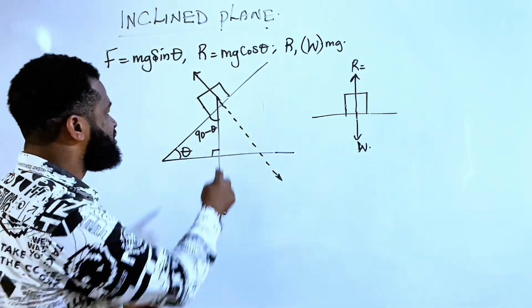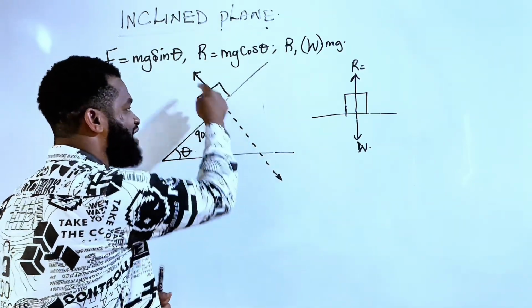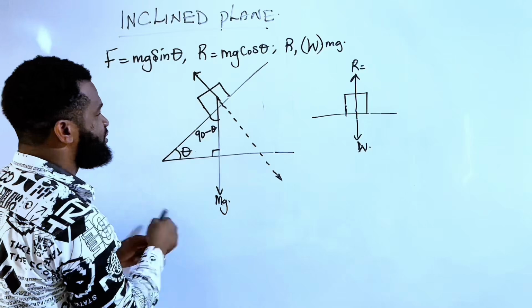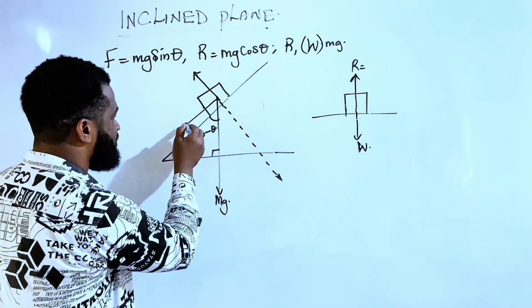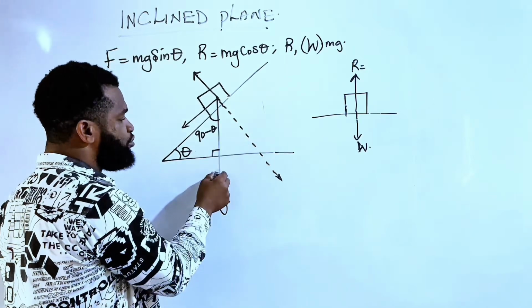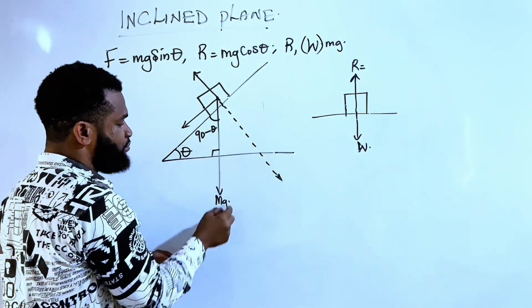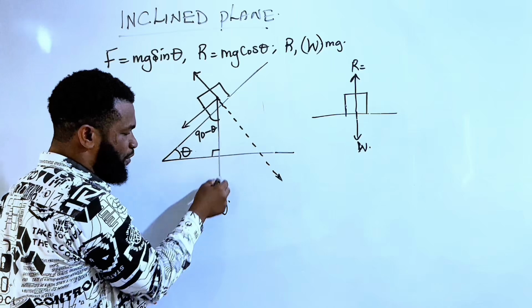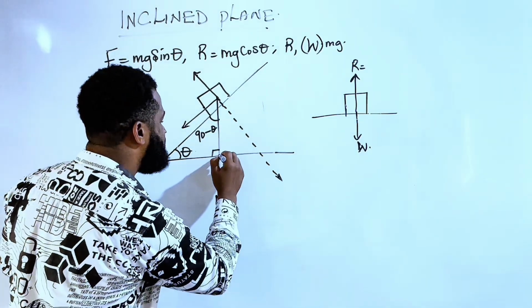Now, see what happened. This is the vertical component, right? And this is the horizontal component. See the horizontal component. Now, what do I do with this? This is the vertical, and this is that same force. So if I make a line